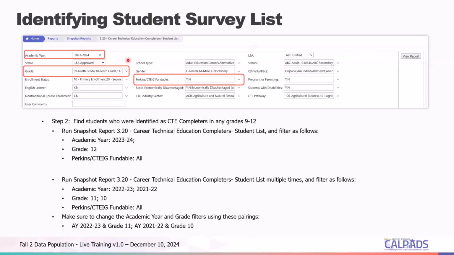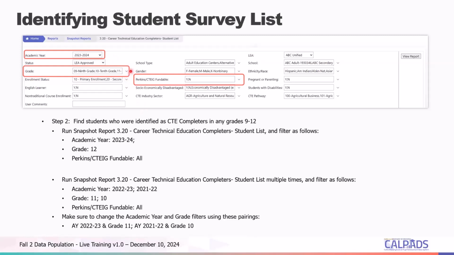And when you do so, you'll want to filter for Perkins-Cettig fundable all, so yes and no or all. And you'll want to filter during the first time you run this report for 12th grade. This will determine who completed a CTE pathway in their senior year of high school, of your high school completers.